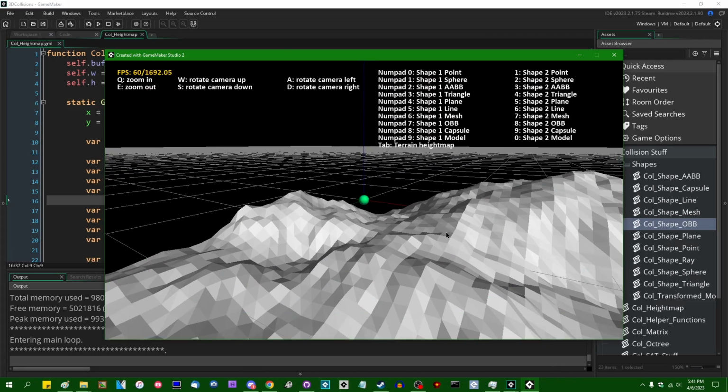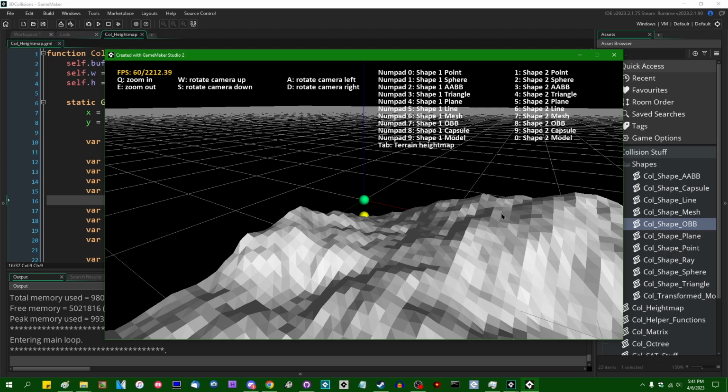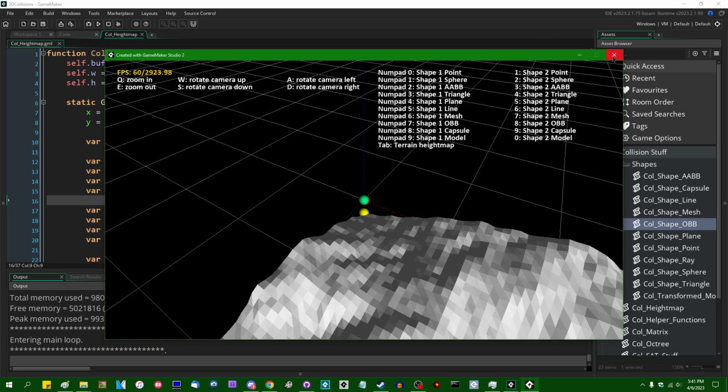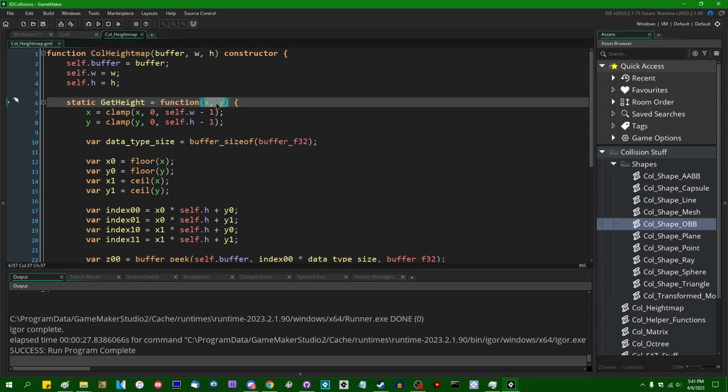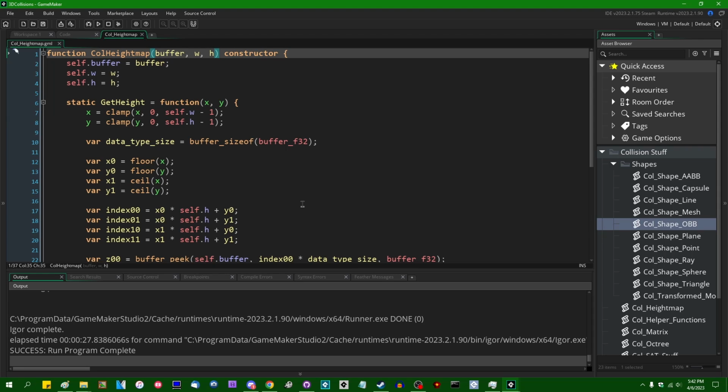And that's fine on its own, but if you want to scale your terrain, so if you don't want the terrain to be this dense, if you want to have your terrain be, say, 100 times bigger, you are suddenly going to need to remember to scale your X and your Y positions that you're checking from accordingly. I think the simplest way to do that is going to be to add a, for example, scale